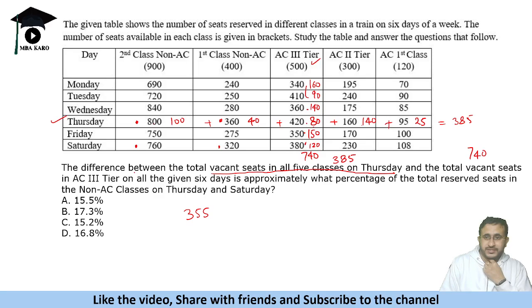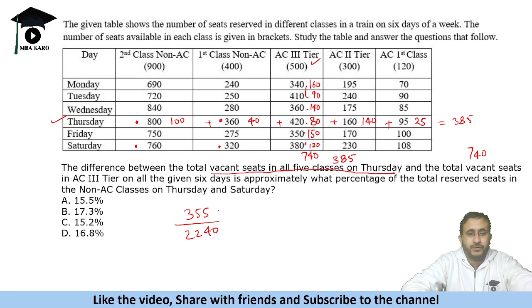So reserved seats in the non-AC classes, we will get 1560 plus 680, 225, 2240. Okay, so this should be the value. And we need to find this percentage,